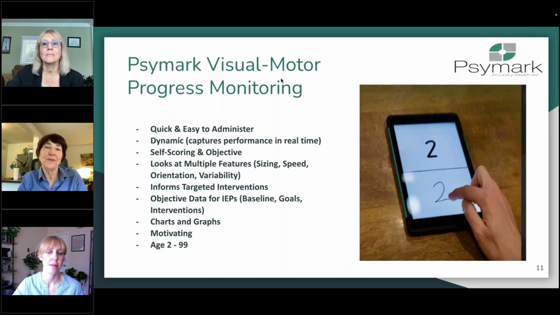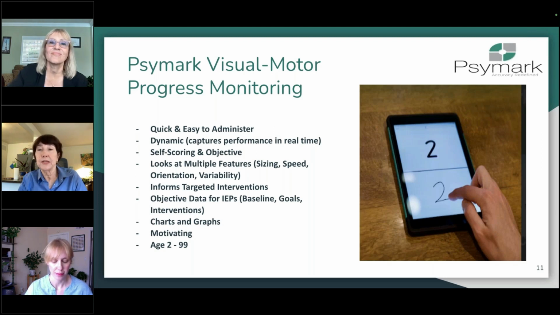So with our tools, we have developed them to be quick and easy to administer. Generally it takes about 10 minutes to both administer and score. They're dynamic, so it's capturing all of these features in real time. They're self-scoring and objective, and they look at multiple features. So we have 9 different features that we provide for you to monitor for your students. They can inform our targeted interventions and give very objective data for your IEPs. So in writing those baseline goals and interventions,